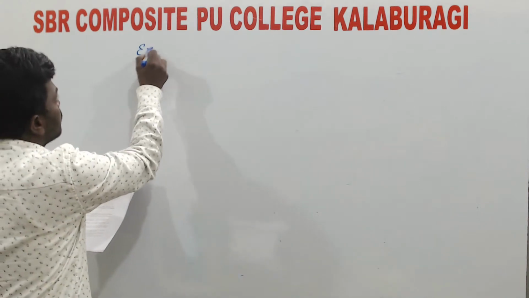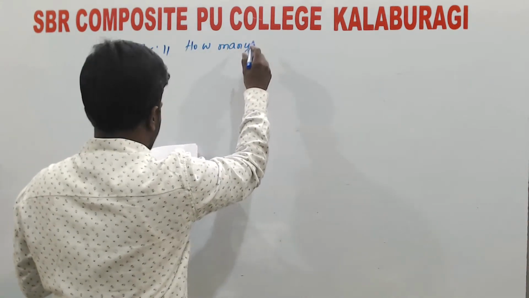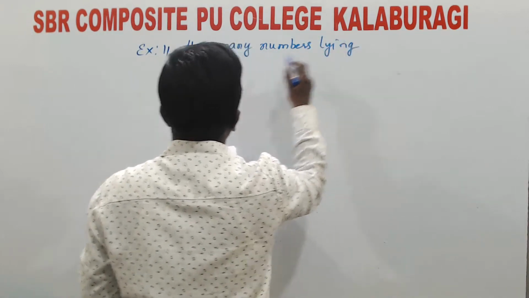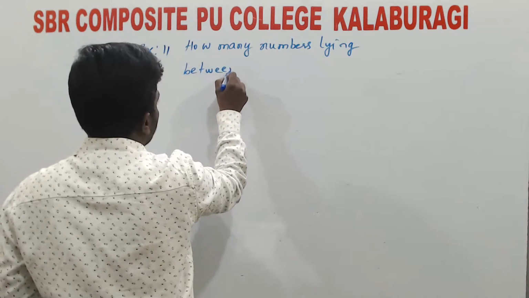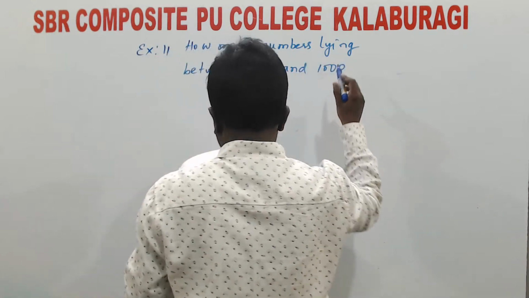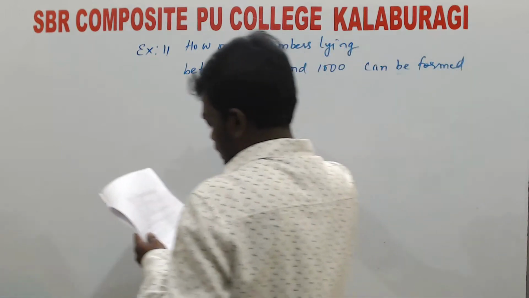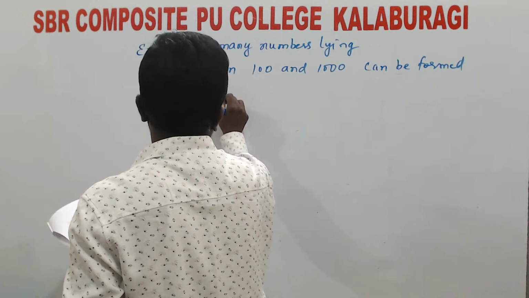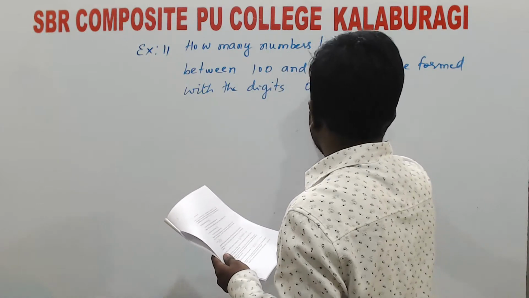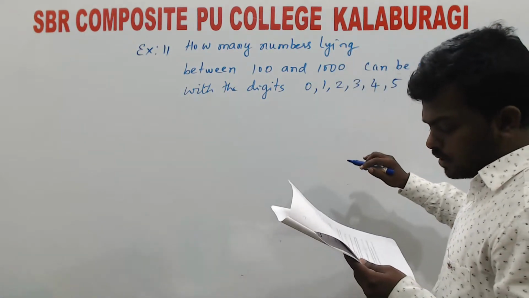Example 11. How many numbers lying between 100 and 1000 can be formed with the digits 0, 1, 2, 3, 4, 5,